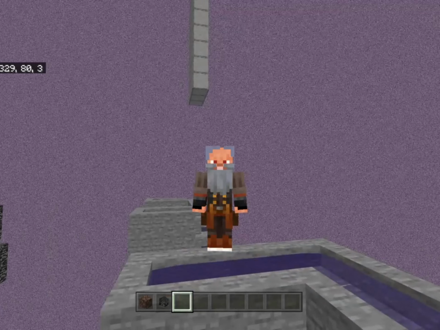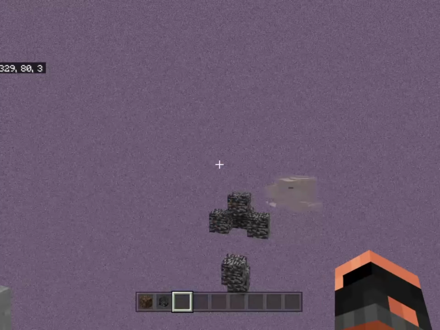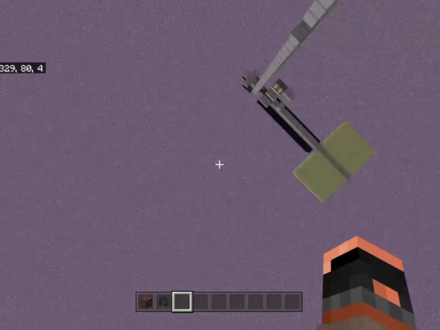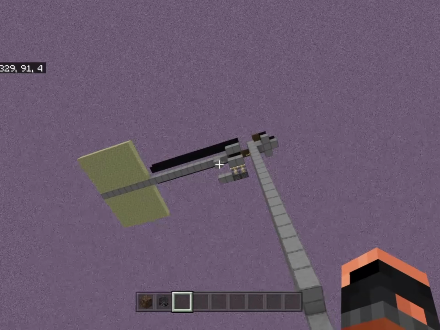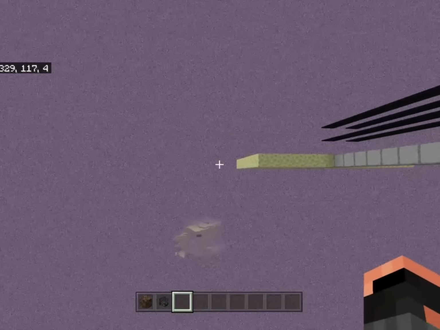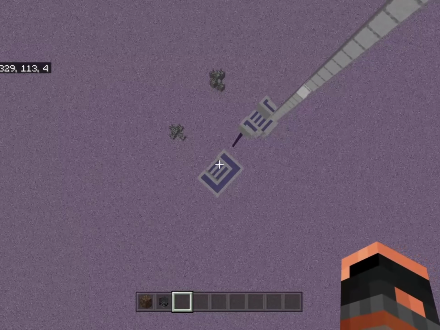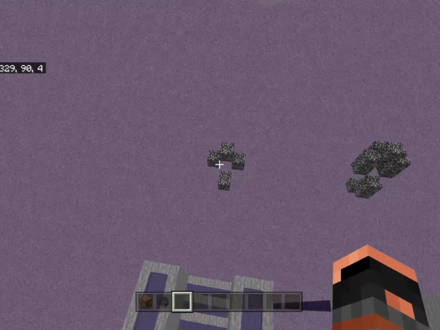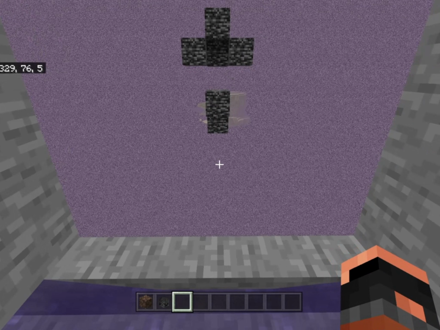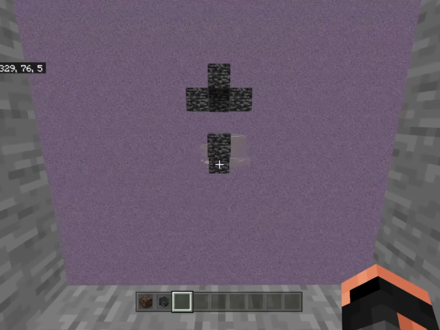Okay, guys, I'm back, and I've got my kill chamber ready. Now, you can continue this all the way up to however high you want it to be able to trap the Endermen and send them down into the area. It works as long as when they land right here, they become a one-hit kill. Okay, so now,